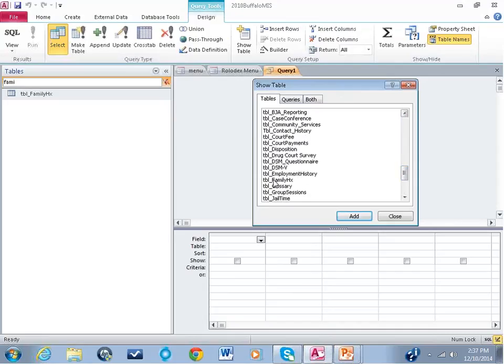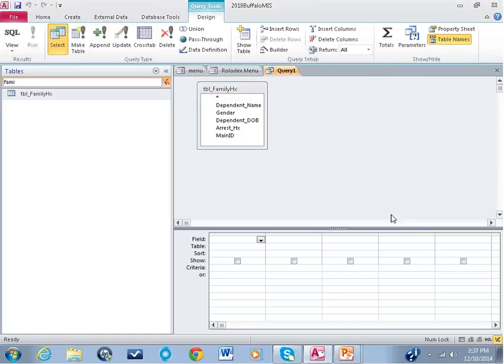And then if you look here, TBL Family History. So I can click here, and I click on the Add button. And I'm going to close the window here. So now the easiest way for me to